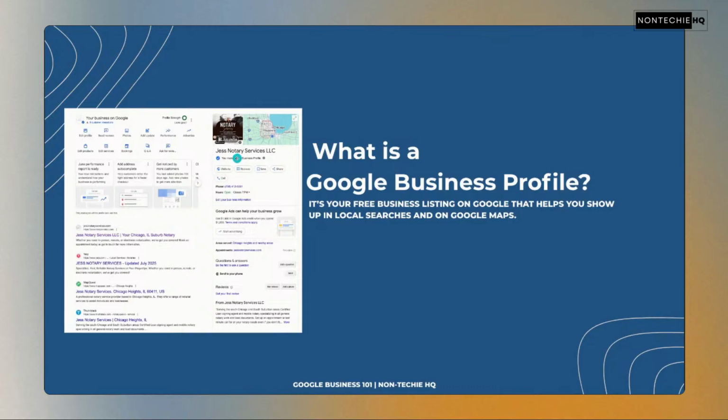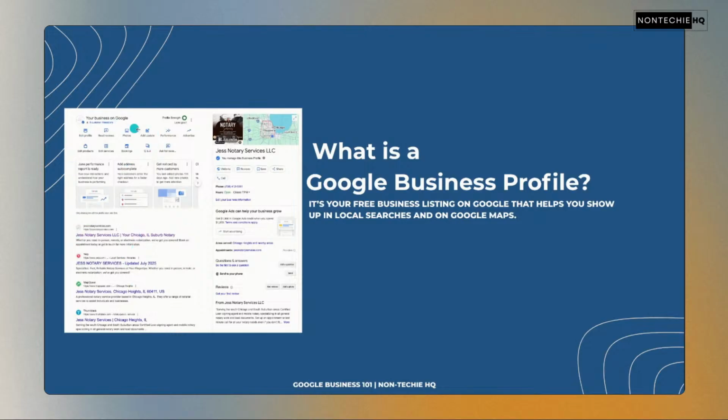On the right-hand side, you'll see how the Google business profile will show up. It will have your business name and some of the information for your business, and that little panel shows up each time your business name is clicked on under the maps, or as a result for what they're searching for. So you want to make sure this information is correct and connected to your business. If not, they will be able to find you, but they won't be able to contact you, and you'll look like all of the thousands of other profiles that have no information.